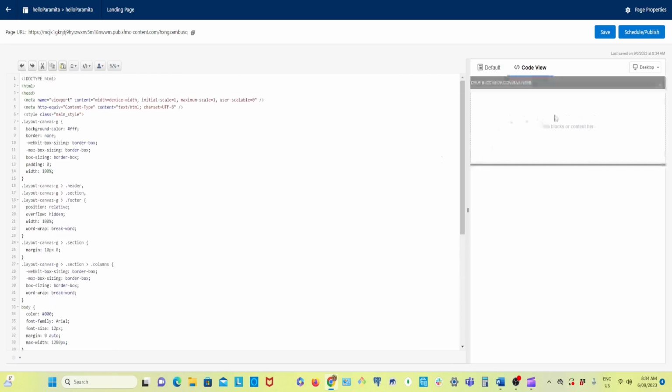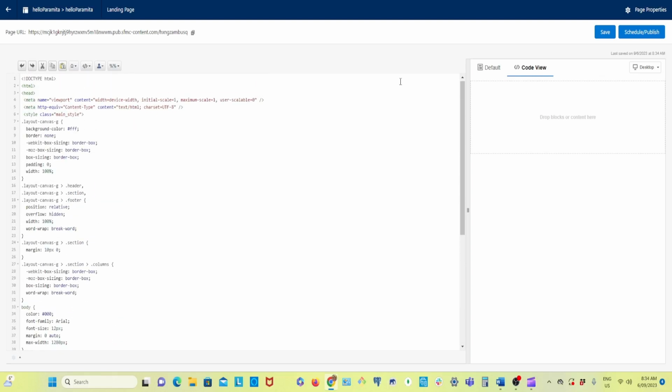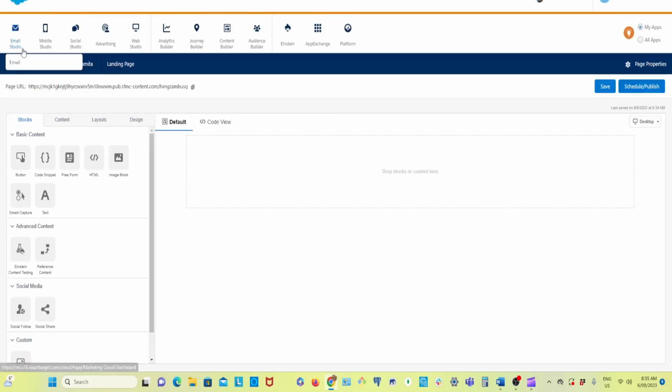Already some code is here. A blank canvas is already created, and whatever HTML, CSS code they need, they have put it here. Now this is my code view. If I go to the default, you can get the drag and drop content palette, just like our content palette in content builder. So this content palette we can use just like content builder. There is button, code snippet, freeform, all those things